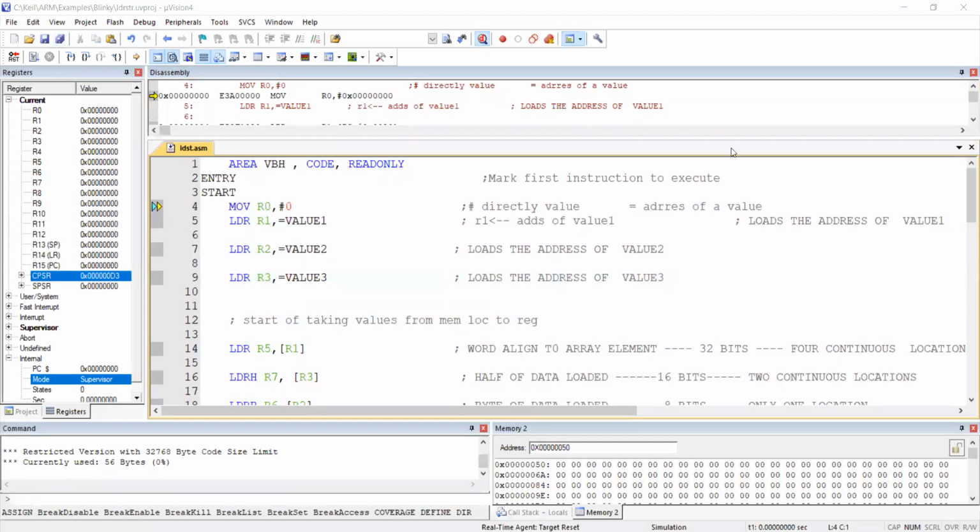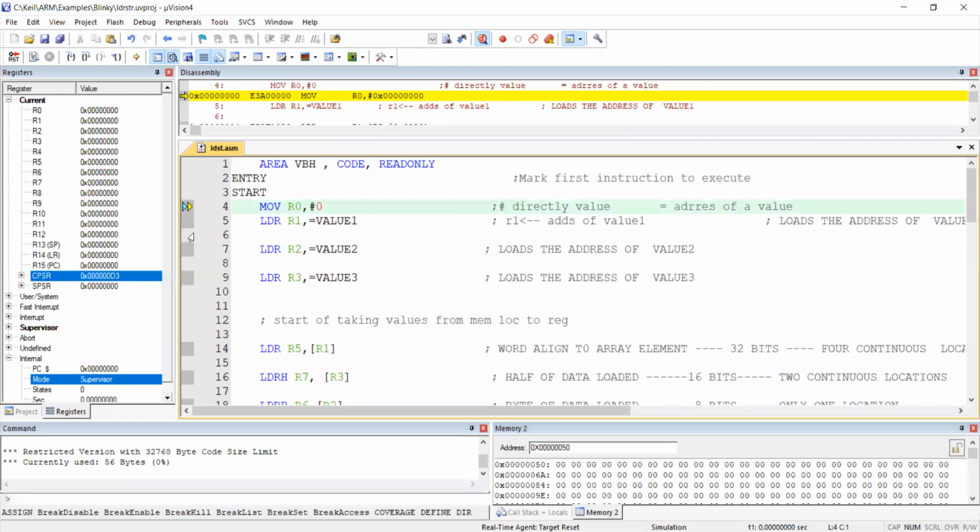Okay, now you see, you have got something new in the bottom window. Can you see Memory 2 here, where I have kept the cursor? Can you see the window Memory 2? Say yes. Okay, fine. Now let's please concentrate. This is a very, very important program.